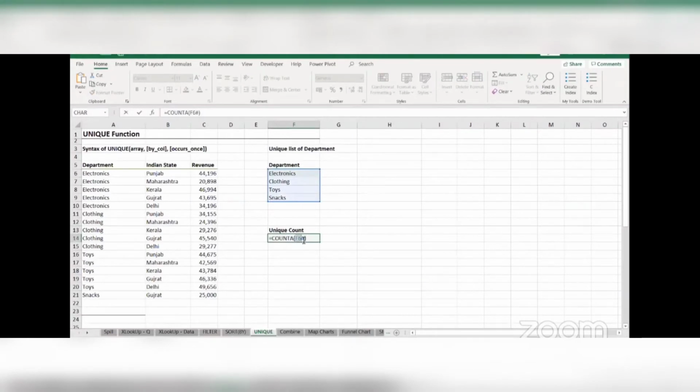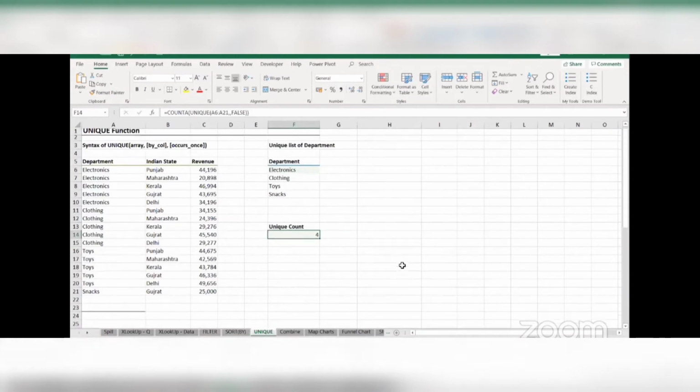Instead of doing something like this, I can even straight up enter the formula here. Instead of saying is equal to this, I can say is equal to COUNTA and take the count of this UNIQUE formula's answer. Whatever the UNIQUE formula gives as a result, if I just press F9, it shows me that the result is electronics, clothing, toys, and snacks. These 4 values are supplied to COUNTA, which simply counts them, which is 4. So you hit enter, and you get the answer of 4. It's as simple as that.